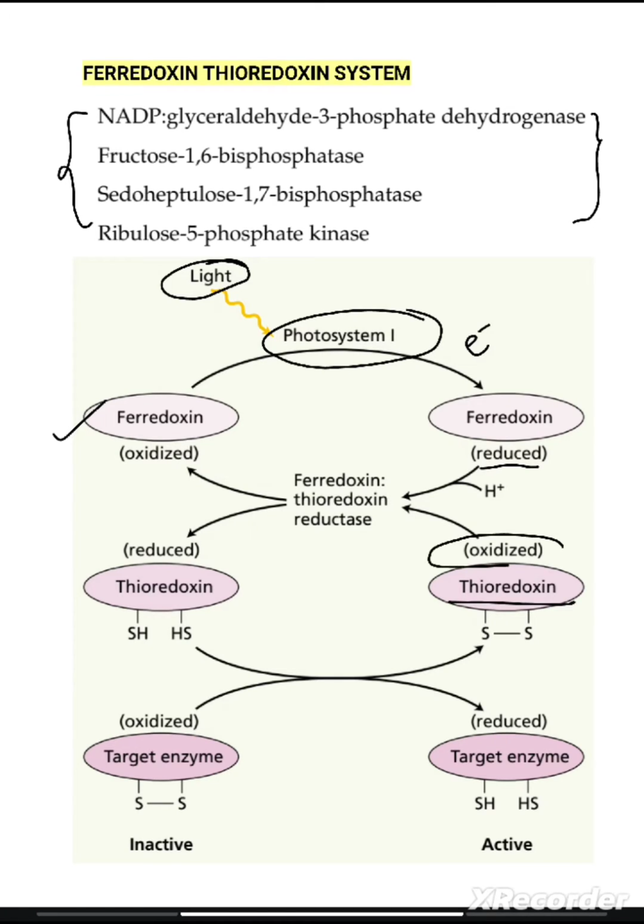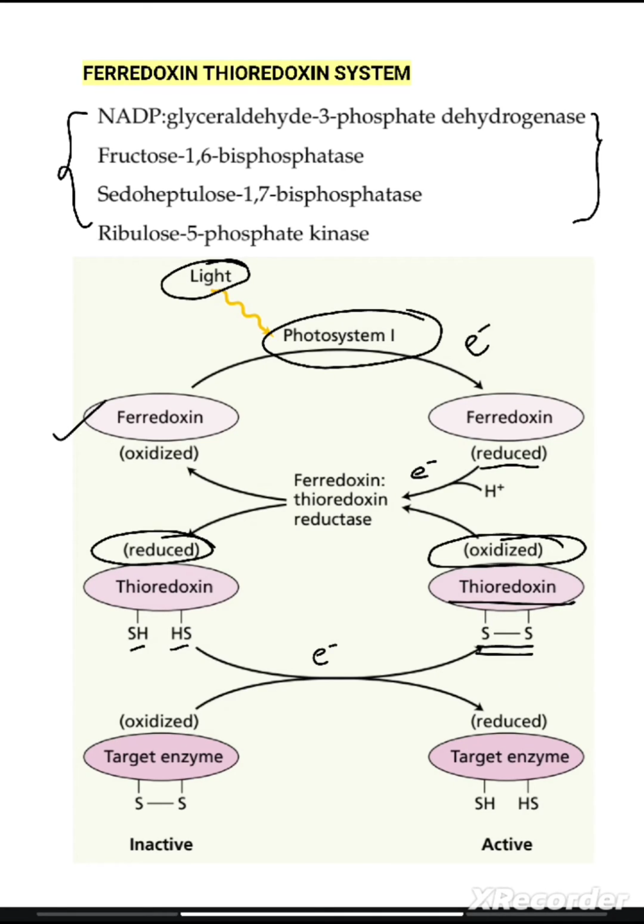Initially, this Thioredoxin was in the oxidized form. It will get reduced when it accepts those electrons from the Ferredoxin that was in the reduced form. As you can see here, Thioredoxin has disulfide linkages. These disulfide linkages are opening up, getting hydrogen, and basically getting reduced. Again these electrons will be carried forward, and this reduced form of Thioredoxin will pass those electrons onto the